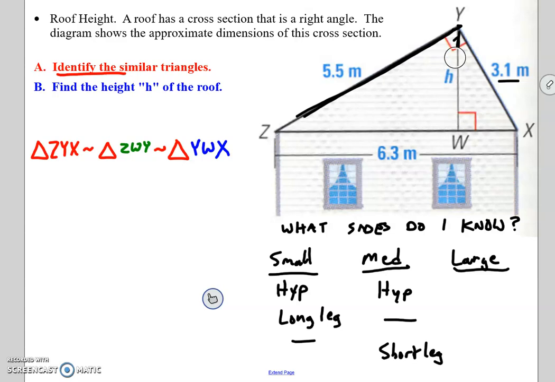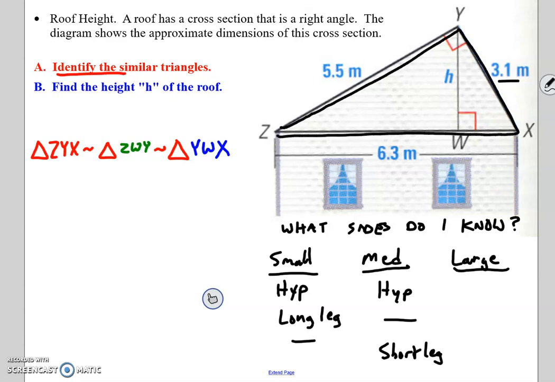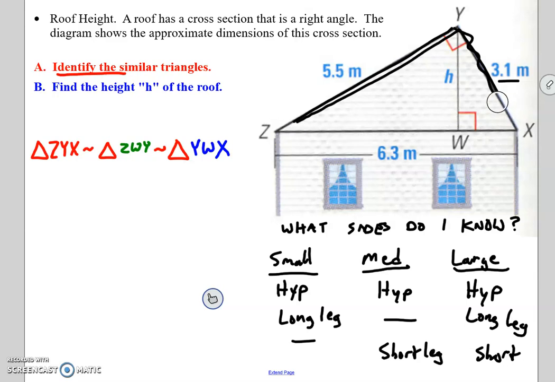Okay, and then finally I'm going to do the same thing for the entire large triangle. We are given the hypotenuse, which is down on the bottom side, 6.3. We are given the short leg over here, which is 3.1, and we also have the long leg here, which is 5.5. The reason I'm having you write this out, or at least think through which values you have and which you don't, is because it's going to allow you to see which triangles to match up to try to put in a